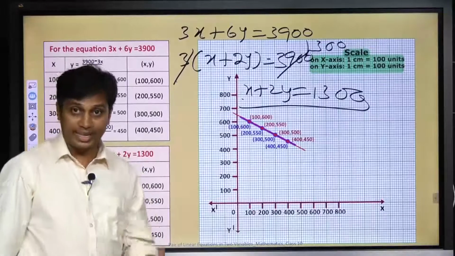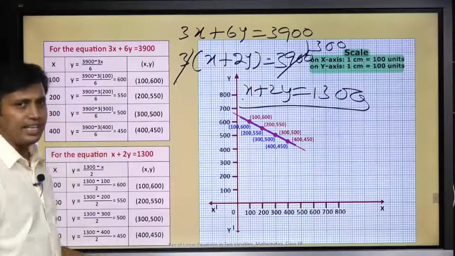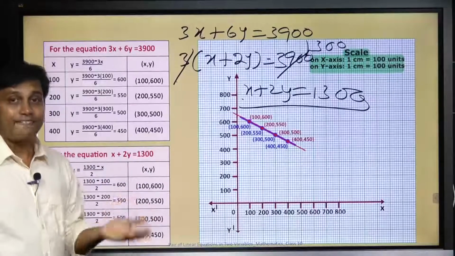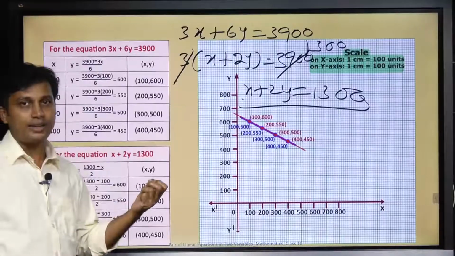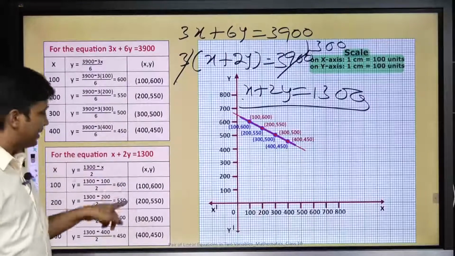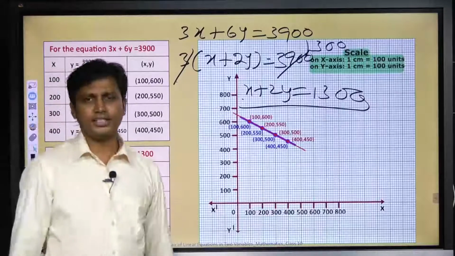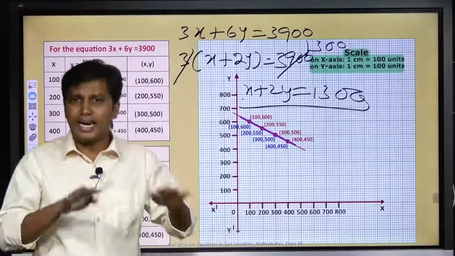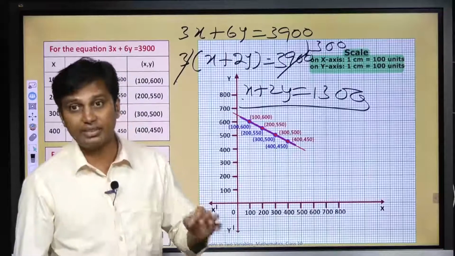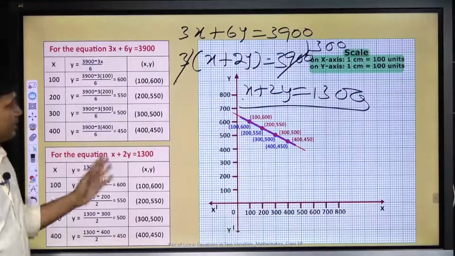So what does it mean? Whenever you are taking two mutually dependent equations, what is the relation between them? Either you divide one equation by a constant, or you multiply one equation by a constant, or you take a common constant from the equation, then you can obtain the second equation. That means these two equations are representing the same one. These are not two different equations at all. So such a type of equations are called mutually dependent or dependent equations, right? Okay, I think you might have got this. So this is the example for this.